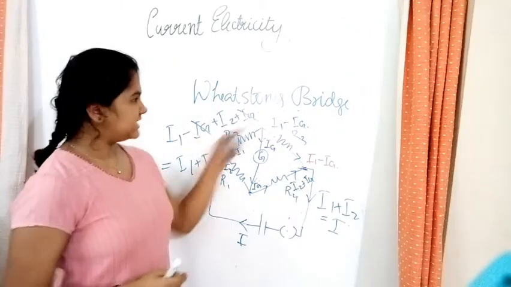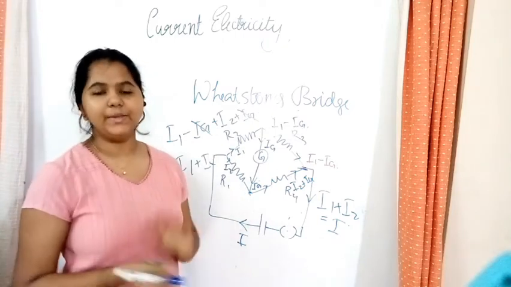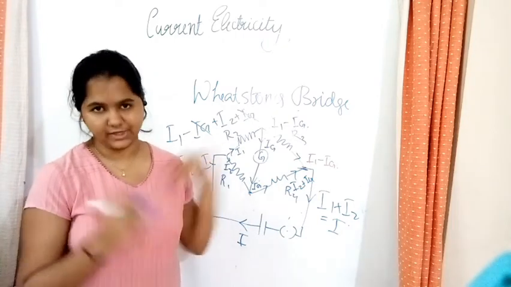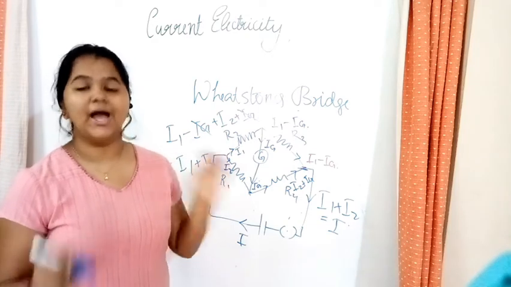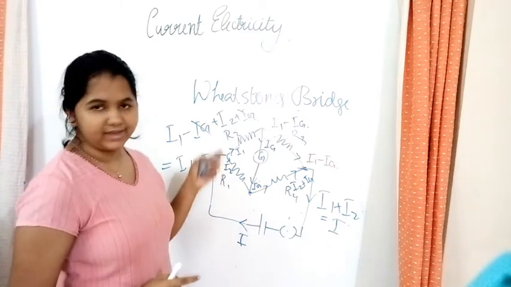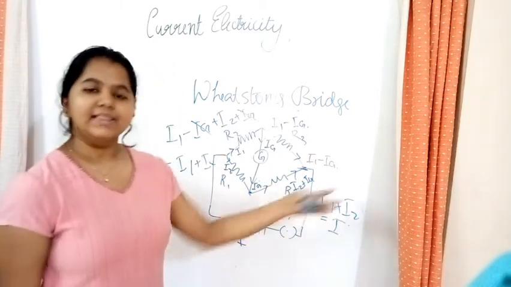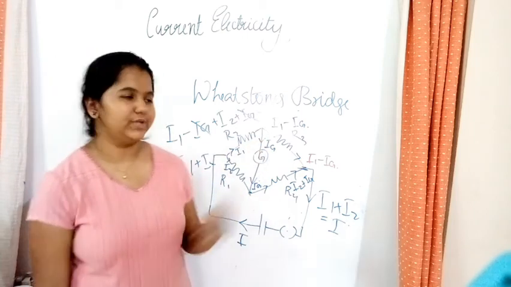Since we discussed the Wheatstone's bridge, the overall view, now we can apply Kirchhoff's law to this. Which law? That is the junction rule and the loop rule. The current entered was I1 and I2. What is the current leaving? That is also equal to I1 and I2. Current entering is equal to current leaving. So that is the junction rule.